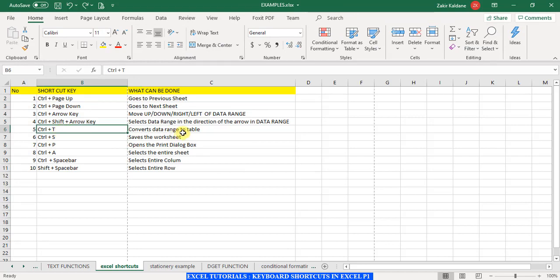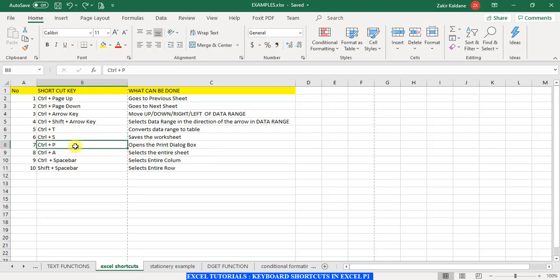So we have completed up to here. Then another very useful shortcut, and most of us know this, but still we don't use it. Always use this very frequently so that you don't lose any data. That is control S. What does control S do? Once you press control S, Excel saves it. See here you got the message. Excel sheet is saved. Control S will save the Excel sheet as of now.